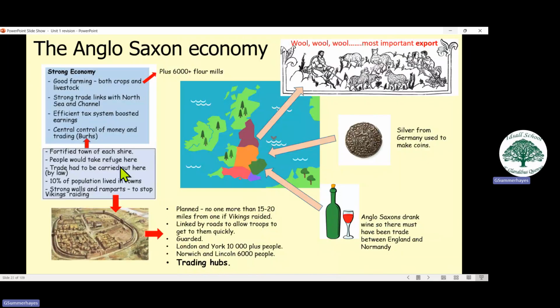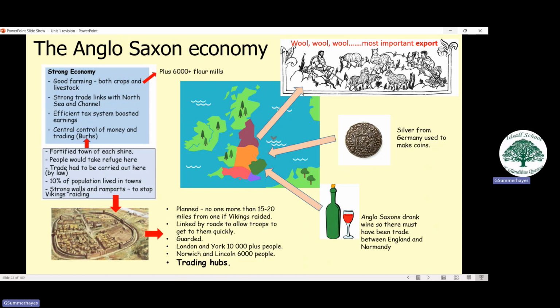Okay, economy. So we've had the military, law and justice, the economy. Anglo-Saxon England was rich. That's why the Vikings kept on trying to invade and nick stuff, or even settle here. Partly, well, mainly really because of the fertile farmland. Say what you want about the English weather, but there's enough sun to make stuff grow and a hell of a lot of rain to water the plants. And the soil is good compared to other regions as well.